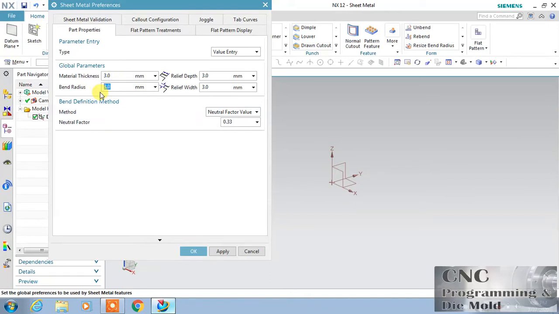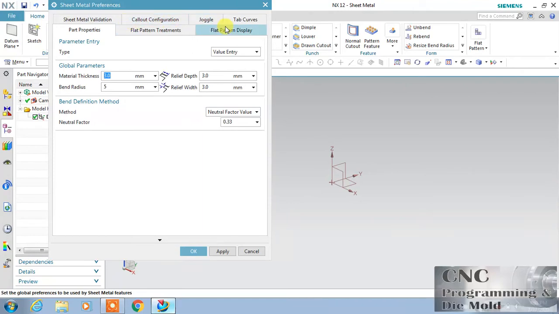I'm going to change this bend radius to 5. And for corner relief, if you are giving some corner relief, its depth will come to 8 and the width will be 3. If you want to change, you can change, otherwise no need to change, just apply.